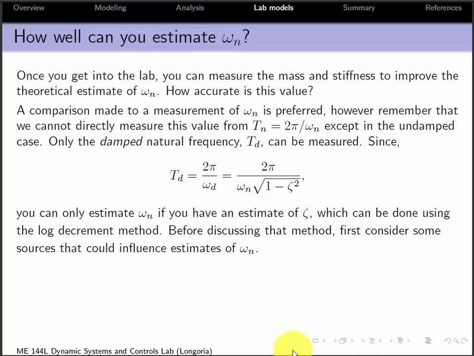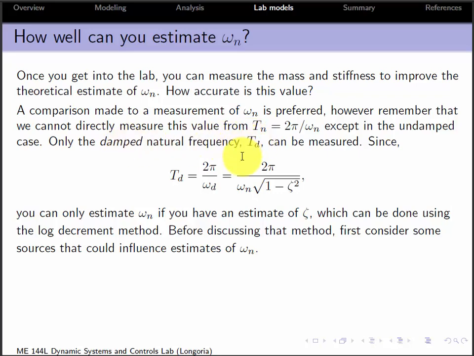But another comparison that you can make is by actually measuring the response. Give it an initial condition and let it oscillate. But keep in mind that you can't directly measure the natural period, which would give you the undamped natural frequency, because you always have some damping. One of the things I didn't do well on this design was put enough damping in there. It's a pretty lightly damped system, so you're going to find that zeta is small, but it's not zero, and it'll allow you to see when I can assume that my zeta is small enough so that my damped period, which I can measure,